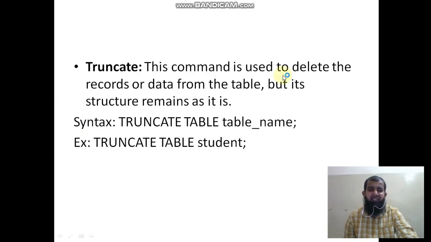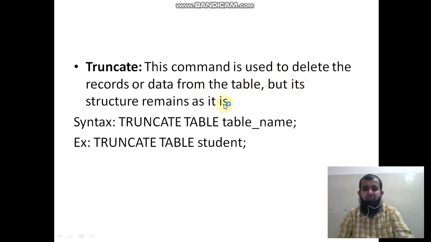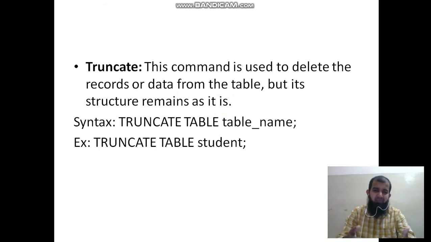Next, truncate. This command is used to delete the records or data from the table, but its structure remains as it is. The truncate command is used to delete all the contents of the table.